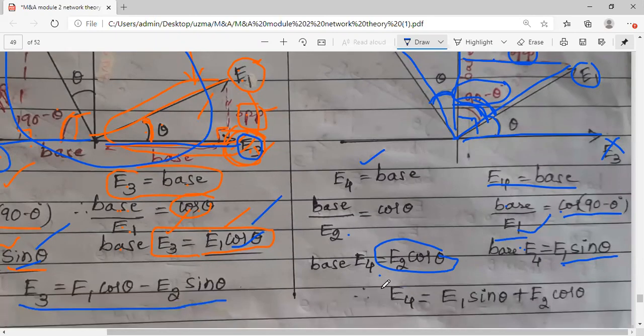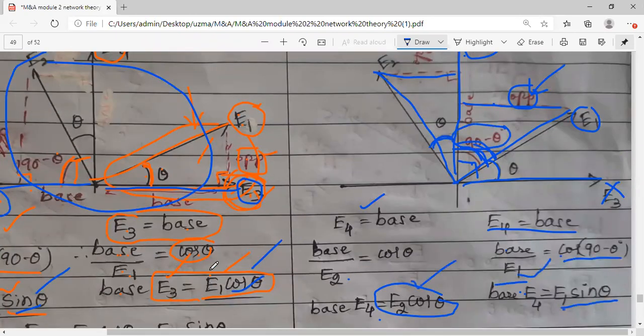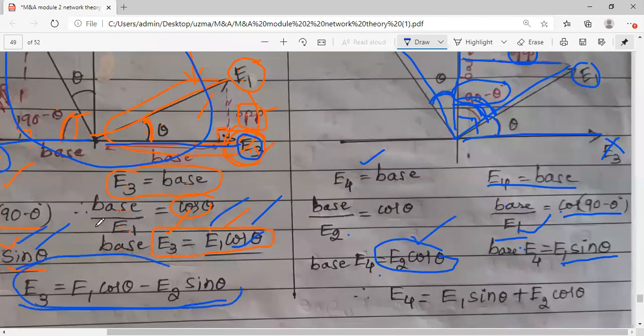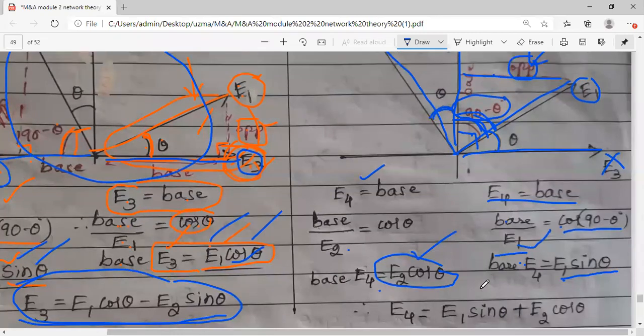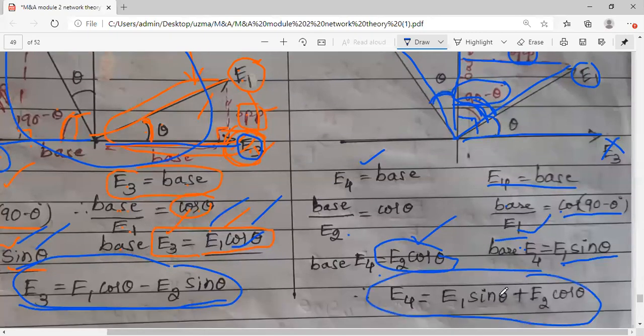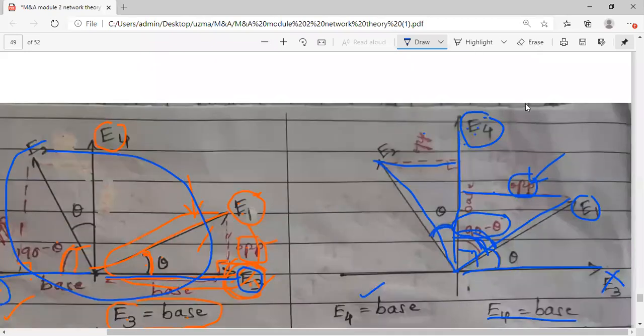So I have got two terms here for E4, just like here, where I got two terms for E3. Finally, what I did here, I subtracted because they were in opposite directions. But here, what do I have to do? I have to add them. So why do I need to add them? Observe the figure. For both the triangles, the base is common and both are in the same direction. In this triangle you have taken E4 in the same direction, and in this triangle also you have taken E4 in the same direction. Components are both in the same direction, so you add them.